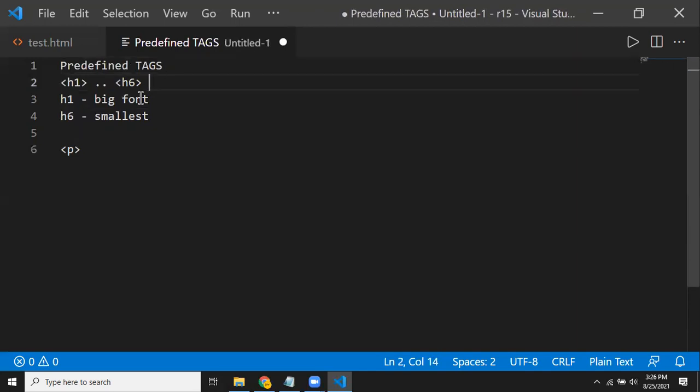The P stands for paragraph, so it's a paragraph tag.